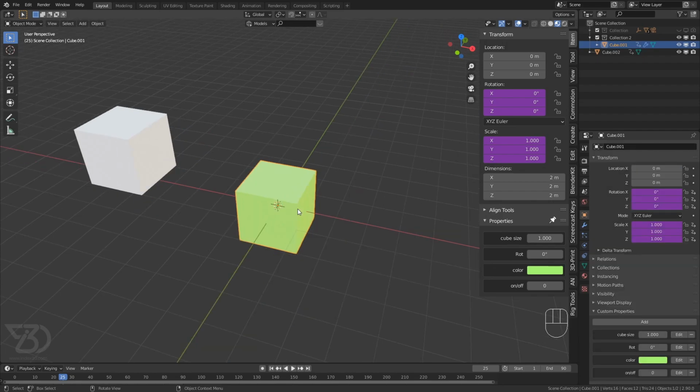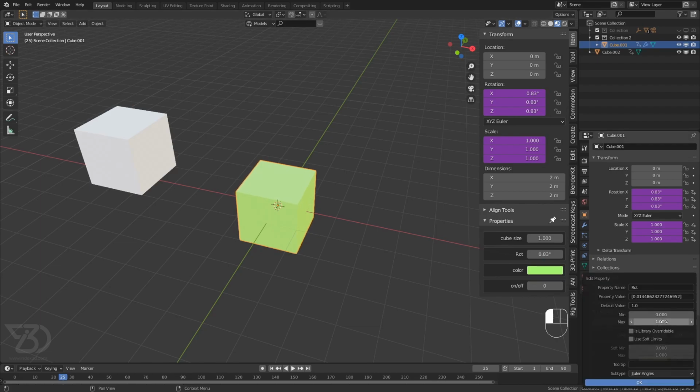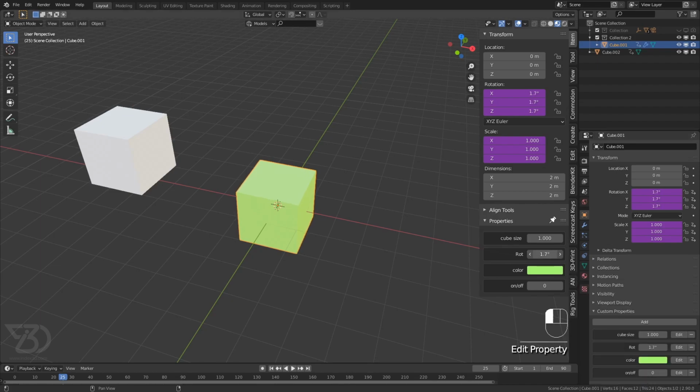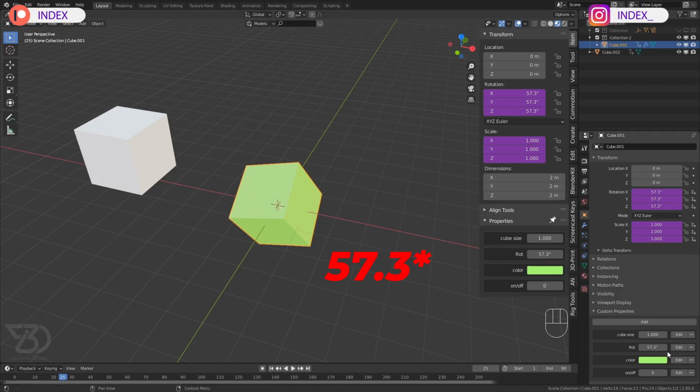So before I tell you where and why you should use it, I forgot to show you how we can convert these radians values to degrees, because now this value is in degrees but the minimum and maximum value is in radians. So if now we have 1 here, it doesn't mean we can only go to 1 degree, we can move it to 47 point something. So I will just type in anything here more than 50. So this is equal to 1 radian. 1 radian equals 47.3 degrees,